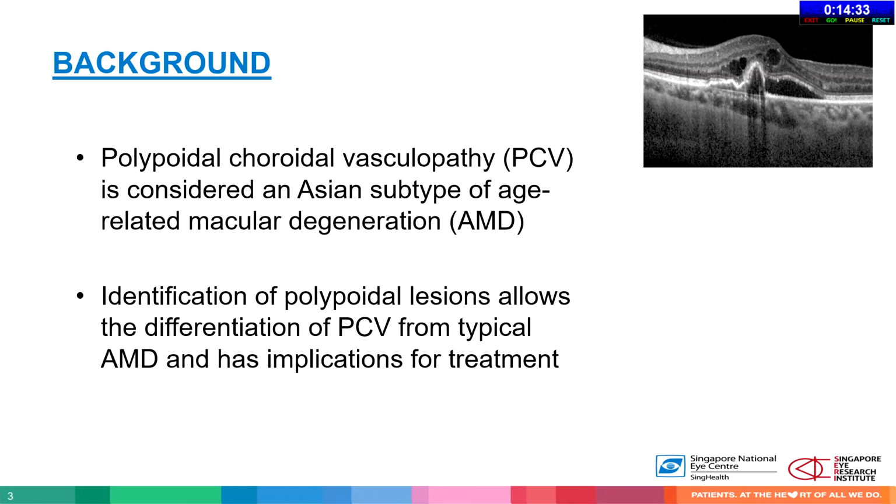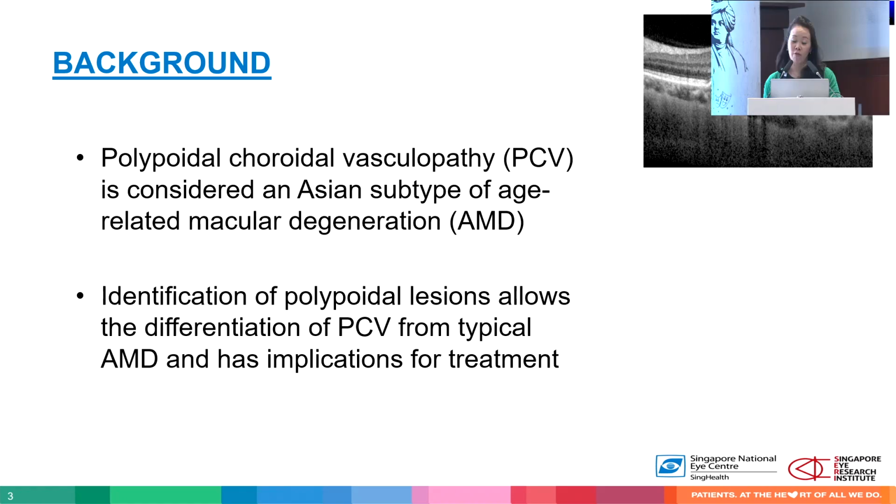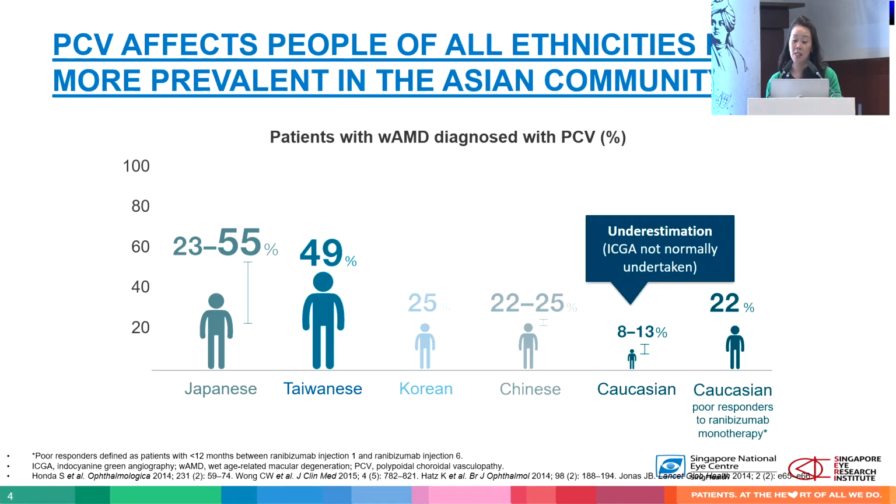So firstly, we need to know some background. Everybody knows that PCV is an Asian subtype of AMD. The identification of PCV lesion allows the differentiation of PCV from typical AMD and has implications for treatment because, of course, with PCV, you may need second-line therapy like PDT or focal laser. PCV affects people in all ethnicities, but more prevalent in Asians, and up to even 55% of Asians have